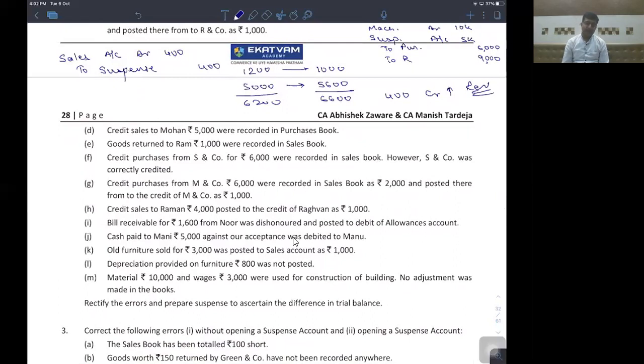So my entry will be Mohan account debit by rupees 10,000 to purchase account 5,000 to sales account 5,000. I'll write it again. My correct entry should have been